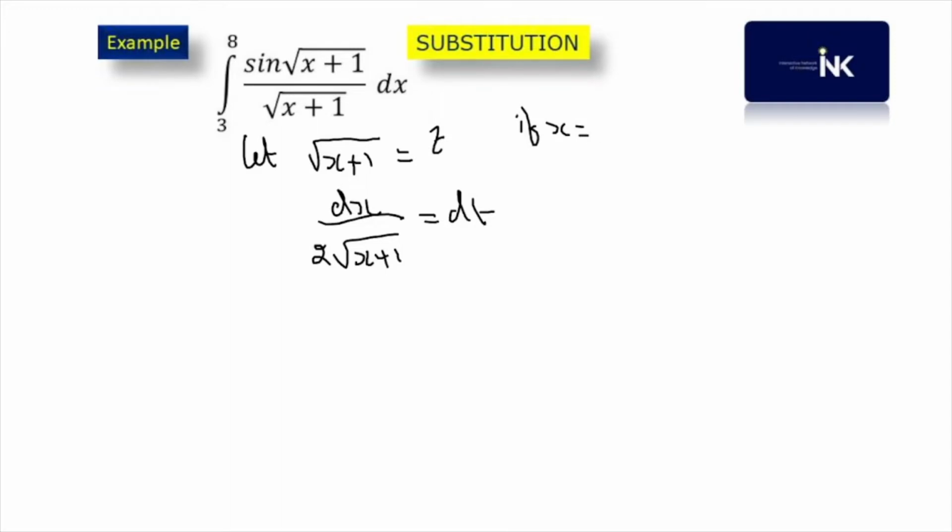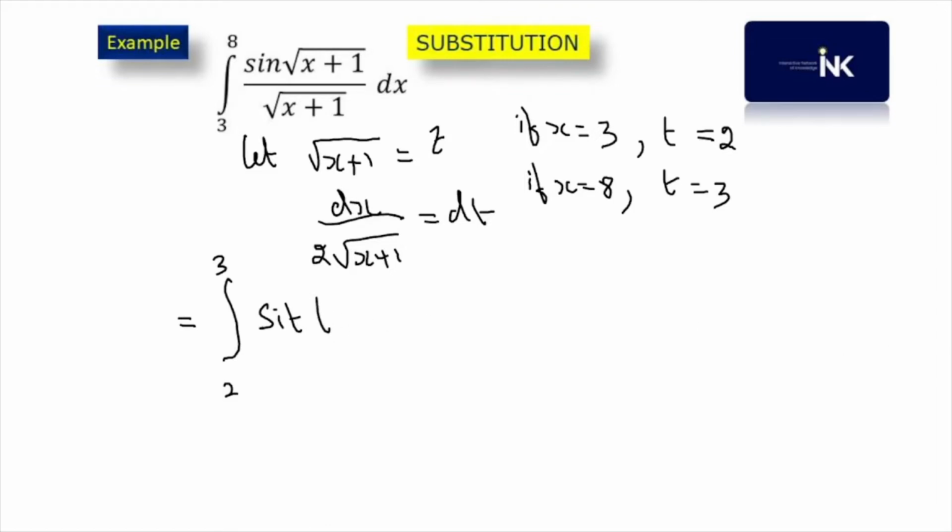then dx by 2 times root x plus 1 is equal to dt. So from this, root of x plus 1 is equal to t. Now we will be changing the limits. If x is equal to 3, then t will become 2. And if x is equal to 8, t will become 3, because under the root 8 plus 1 is 9, and root 9 is 3. So here we change the limits also. Then our function will become integral 2 to 3